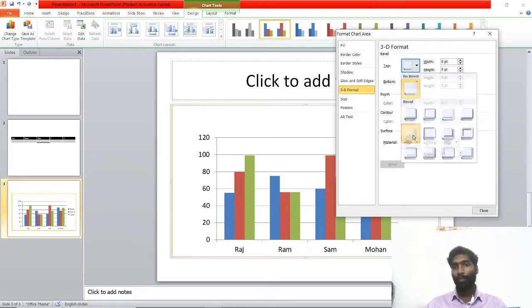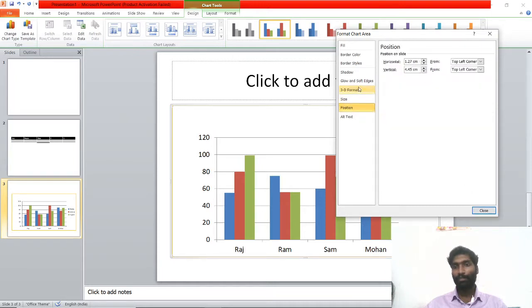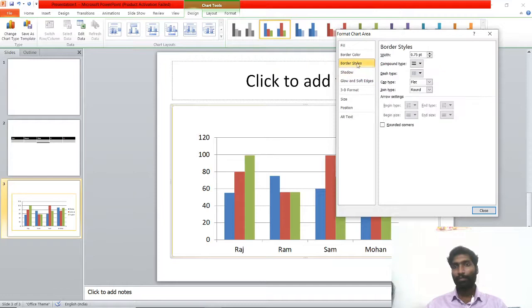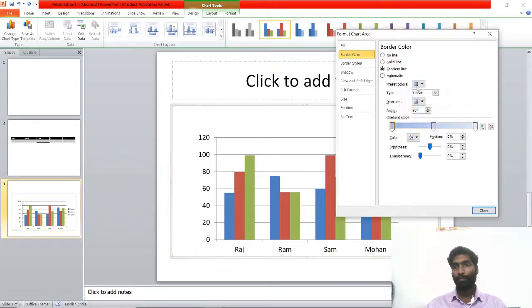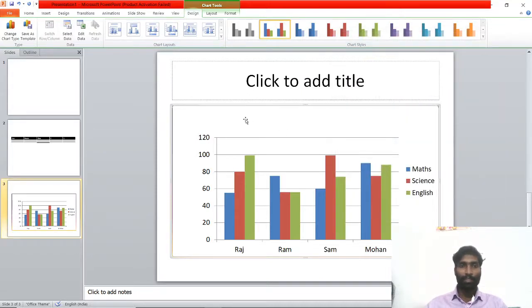Students, so many formats are there, just click, but you can see at this corner some modification is there, some changes came in the chart area. Border, I'm saying, in border we cannot see it properly in full screen,